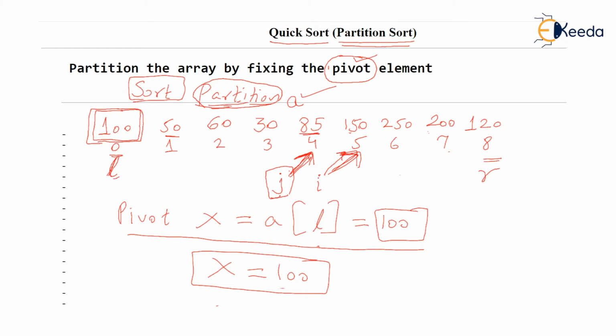100. So the last thing we have to do now is put that 100, which is at A[L], our pivot, at the jth place. And obviously the jth element 85 will be put at the place of 100, that is A[L]. So the last swap we are doing is swap A[L], the leftmost element 100, with A[J], that is A4. So 100 and 85 are now getting swapped. So A[L] will now become 85, and A4, that is A[J], will become 100.